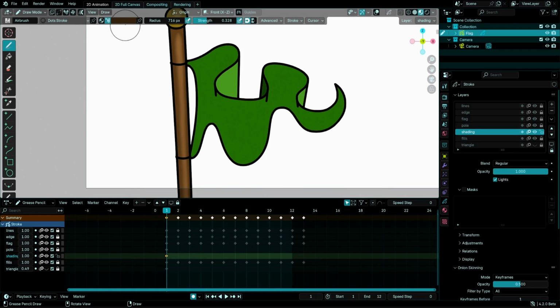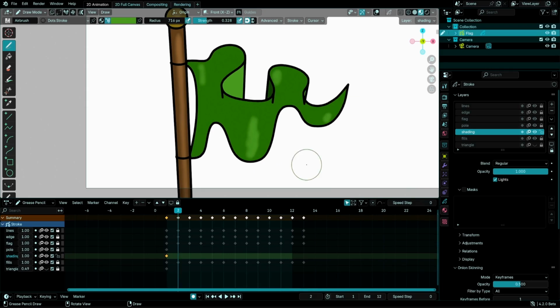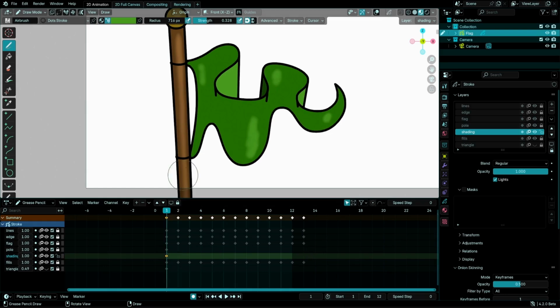I will choose the light green color. I'll go here, do E, and click on this color, and now it is here. And you can start painting some shading like this. Maybe some here, maybe some here, and here. And then you can use the right arrow to go to the next frame and keep doing the same thing until you finish everything. It's a manual process, and there is another method that you can choose